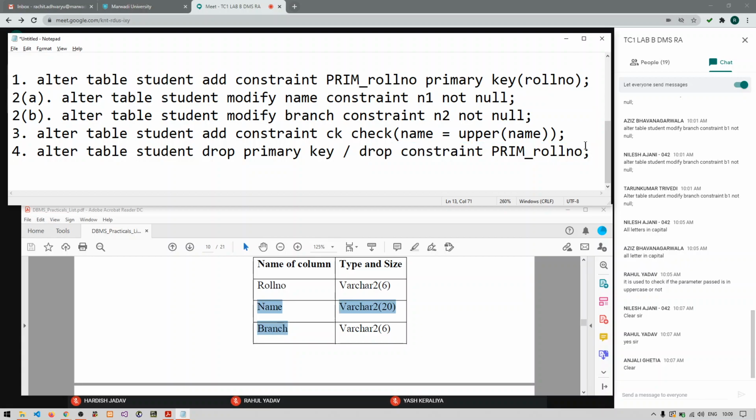Right? Clear with this, guys? Alter table student, drop primary key. So it will remove all the primary keys. Or you can write alter table student, drop constraint name. Clear with this, guys?